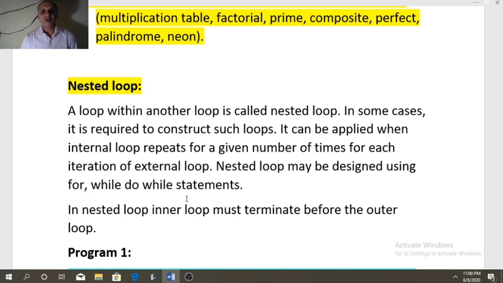So depending on the problem and depending on your flexibility, you are free to use any loop as outer loop, any loop as inner loop. Same program can be designed with for, while or do while. So whichever loop you are familiar with, you can use that loop. There is no bondage of using a particular loop for a particular program.